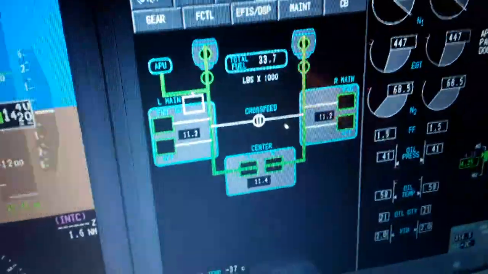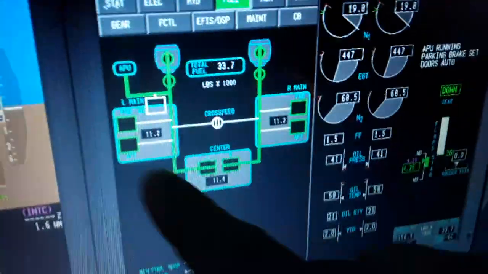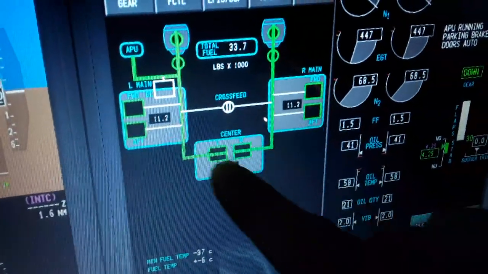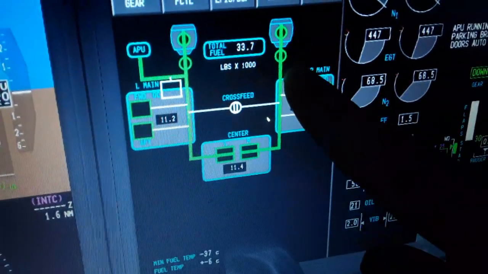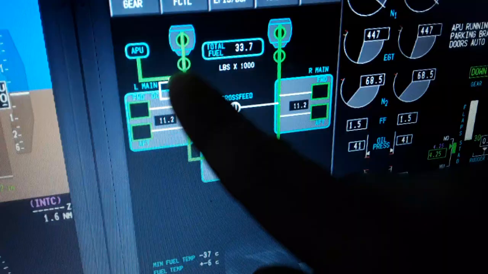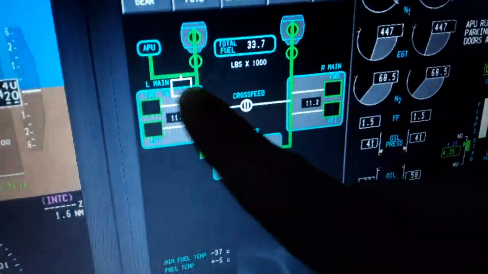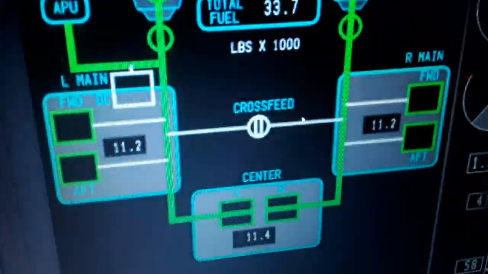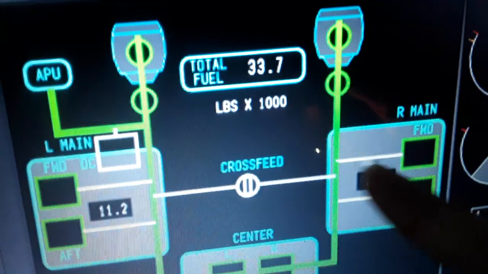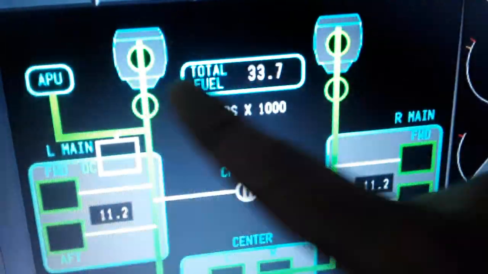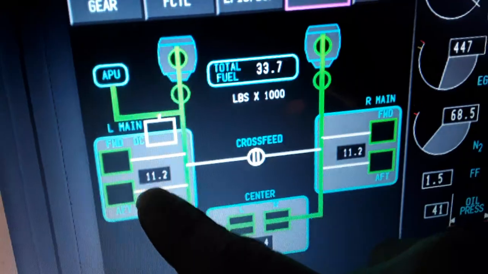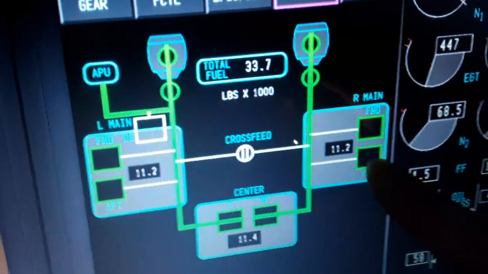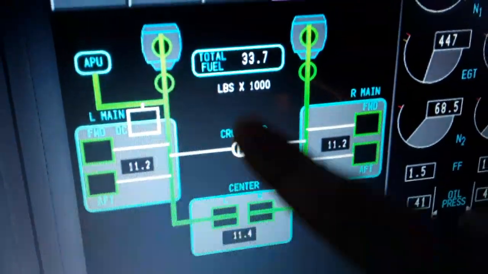The fuel on board the aircraft: left and right wing fuel tank, center tank. You can see the low and high pressure fuel valves that feed both engines over here are open. From the center or the left and right wing we have the crossfeed over here, off, but if we turn it on we can feed either engine with either pump or either tank. You see the low and high pressure fuel valves and the engine symbol. The APU is fed from the left wing. We have 11,000 in the left wing, 11,000 in the right wing, and 11,000 in the center, total